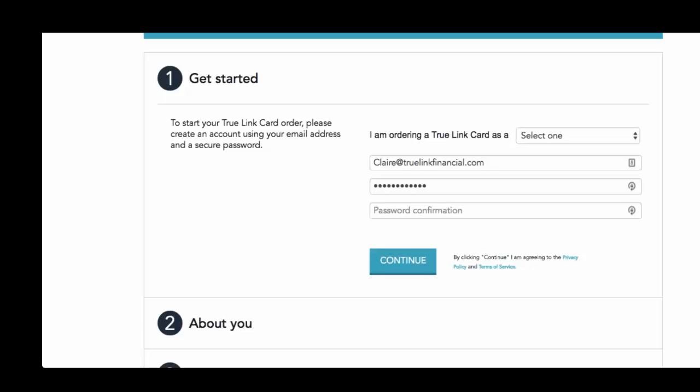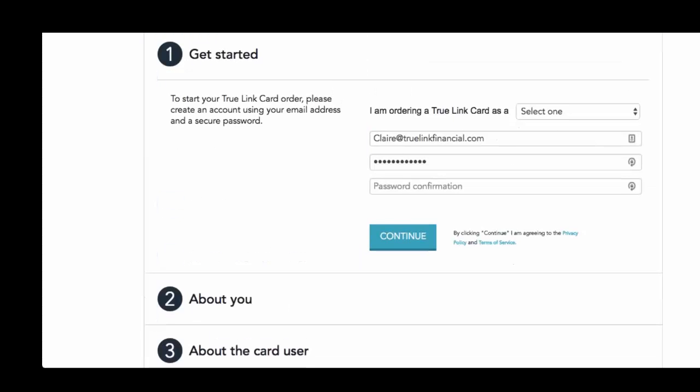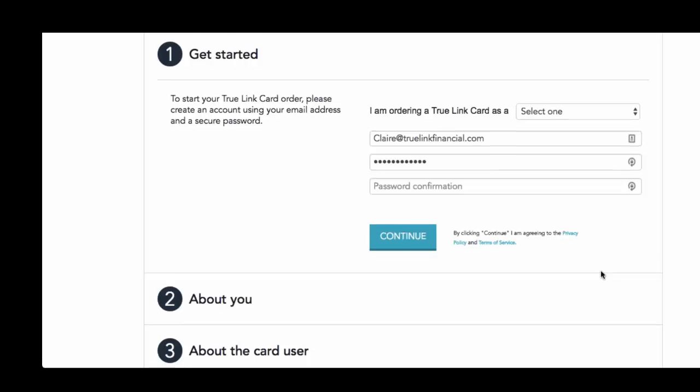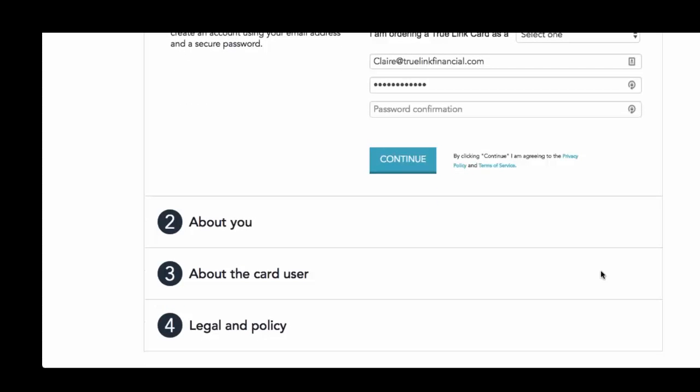If you go through the individual consumer flow, we're verifying you as a person, and we would need your name, your address, your social security number, and your date of birth. Either of those is fine, the business route or the individual route. Most attorneys who are managing just a few cards or a few trusts will often go through the individual route. And then to order a card for someone, we need their name, date of birth, and address. And then upon activating the card, we'll need to collect their social security number as well.